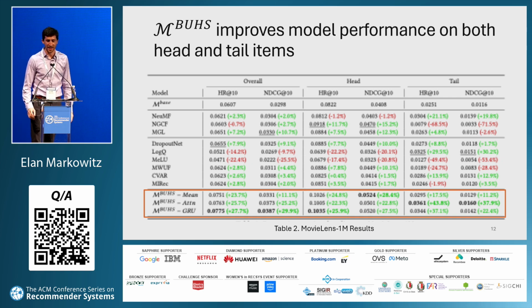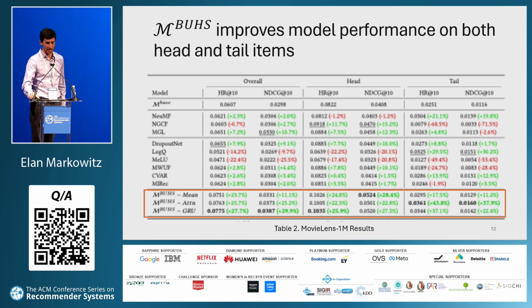Part of the reason is that those tail items are more informative. And in addition, the sampling, the stochasticity of it, acts kind of like a dropout, enabling better generalization.